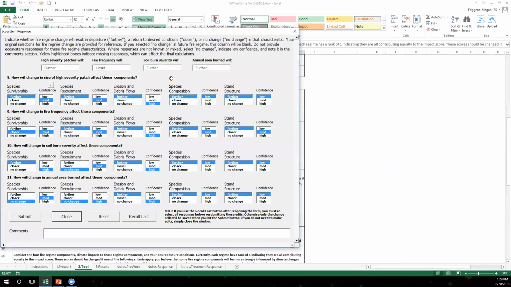Let me go. So what we need to do still as part of the development of this tool, and we've started this, is to define what we mean by each of these things. And I think that's going to be important maybe to start off here too. And I do have a list of definitions, but they're kind of by the book. But erosion and debris flows, when we're talking about desired future conditions,